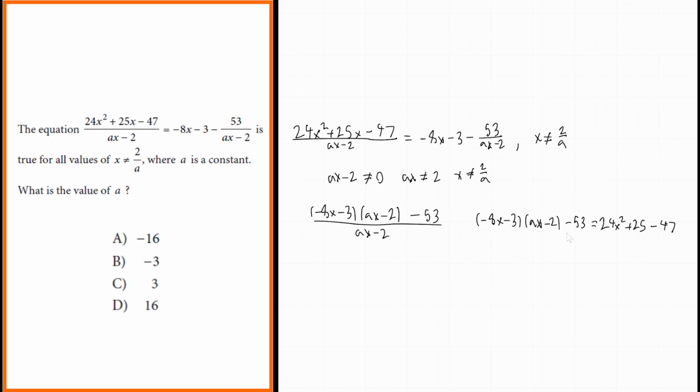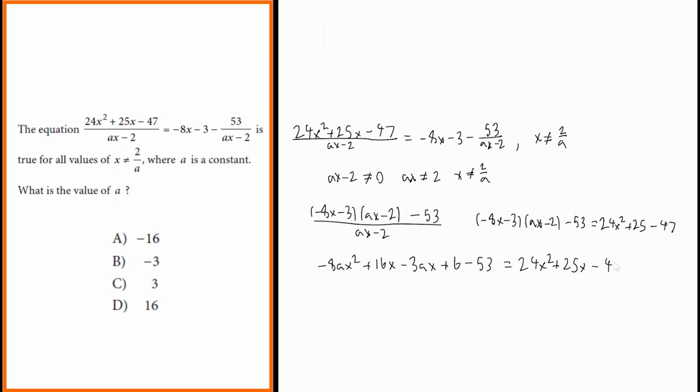The first part of this is obviously to multiply this out. First we multiply the first terms and we get negative 8ax squared. Multiply the first to the last and we get plus 16x. Multiply the last to the first, negative 3ax. And then multiply last by last, we get plus 6. Of course, we add this negative 53 term right here. And we want to see this equal to our 24x squared plus